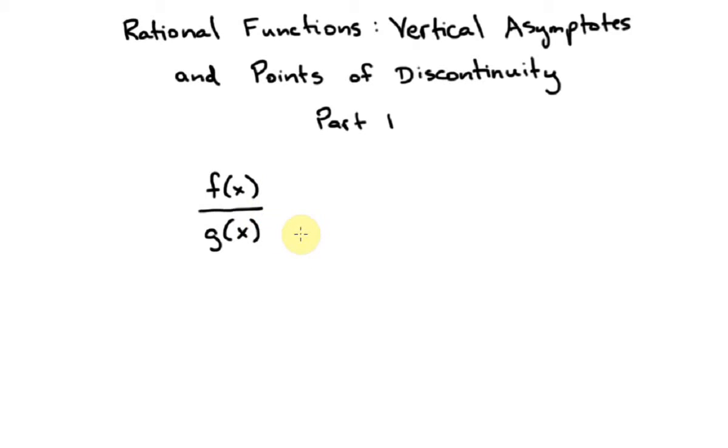These are what they call rational functions, and we know that vertical asymptotes typically appear when you try to make the bottom, the denominator, 0. That's usually where vertical asymptotes appear. So this is what we're going to focus on, g of x. So basically the rule is determine your non-permissibles,